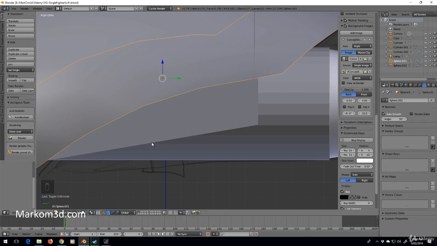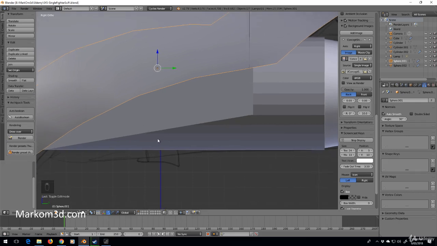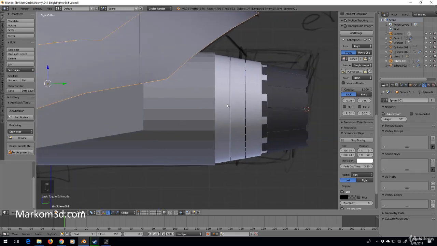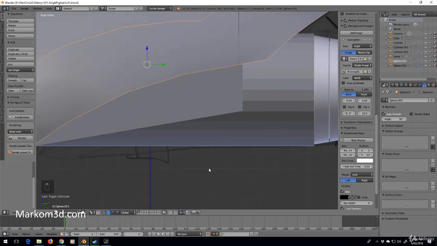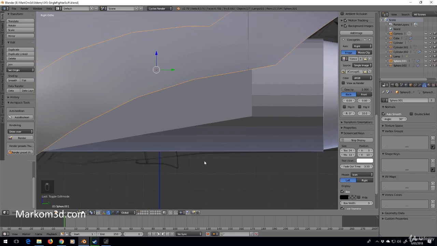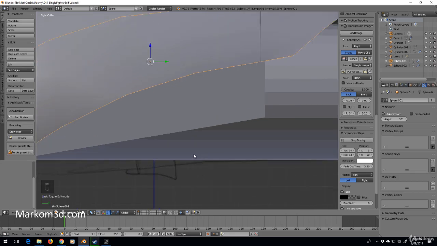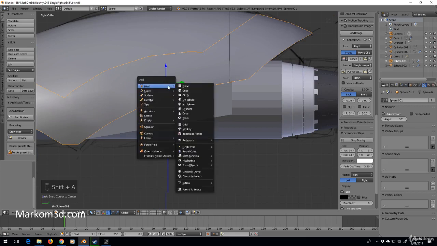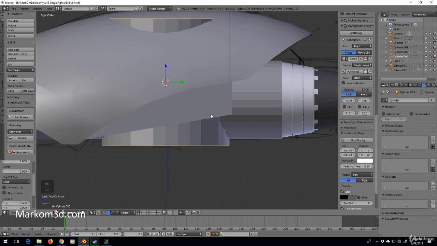So maybe we get a pipe in here that comes this way, up and around, and then goes into the engine to help the exhaust go through, or the fuel, even though it's probably electric. Doesn't matter. Let's put a pipe in. So I'm going to Shift S and select cursor to center. So this is so that now when I go add mesh, Shift A, add mesh, and cylinder,